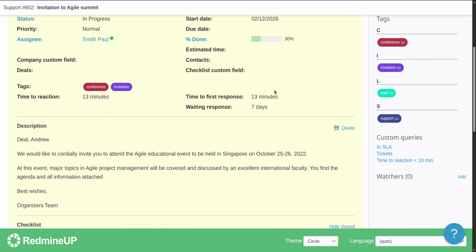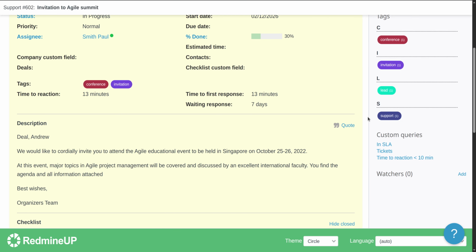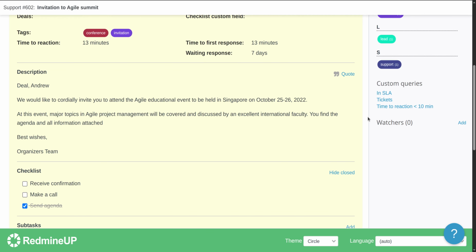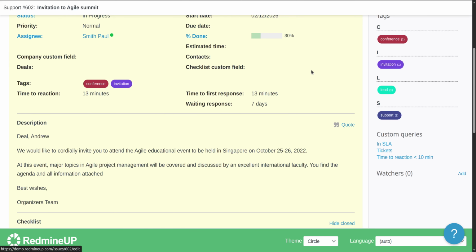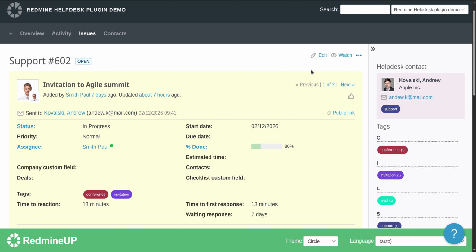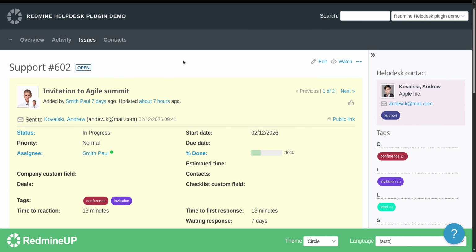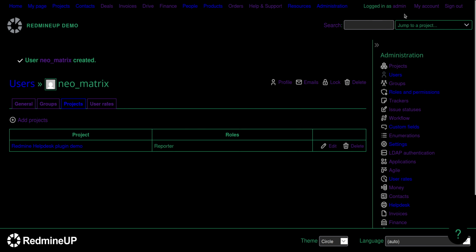And the other one is to see the help desk reports. They are located here on the right sidebar, so currently they do not exist, and we are going to change this. Okay, so we return back to Redmine where we have been logged in as administrator, and now